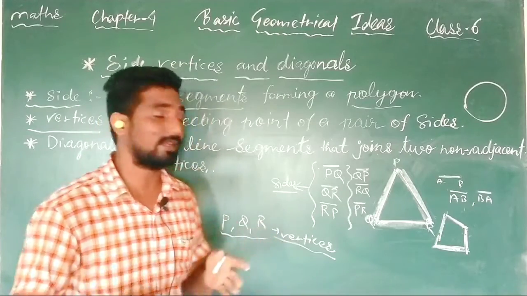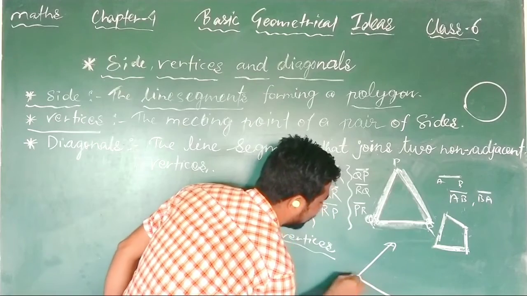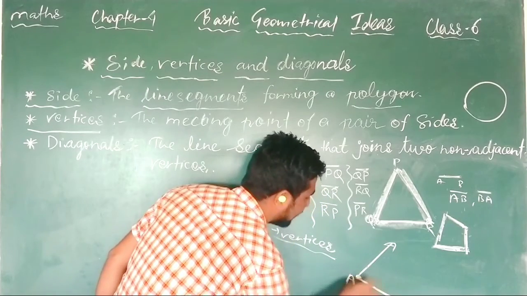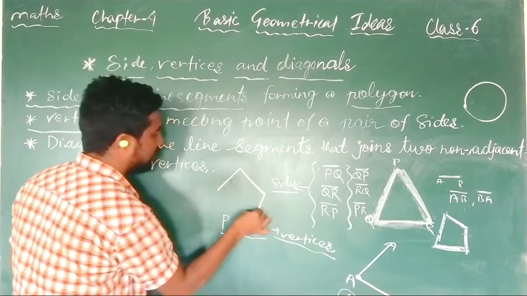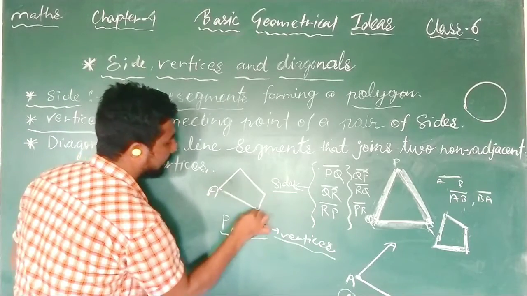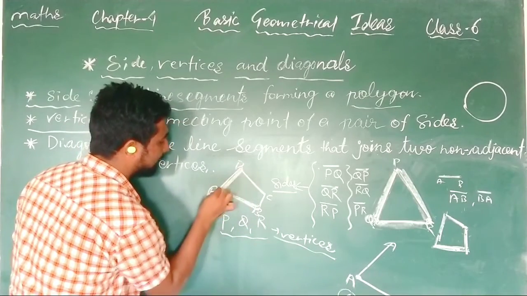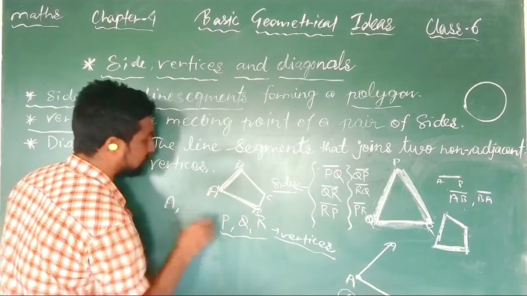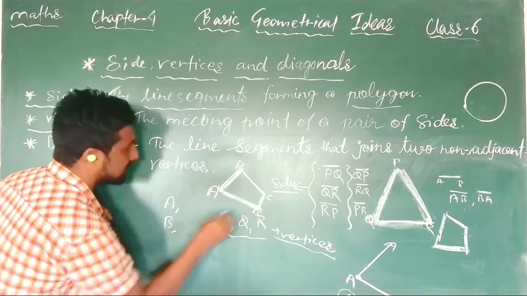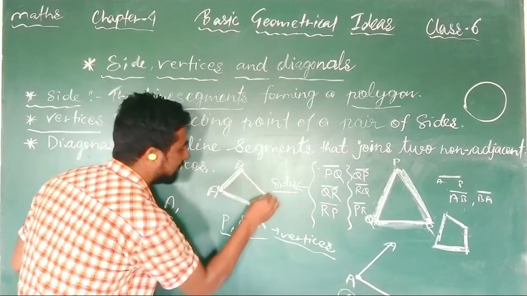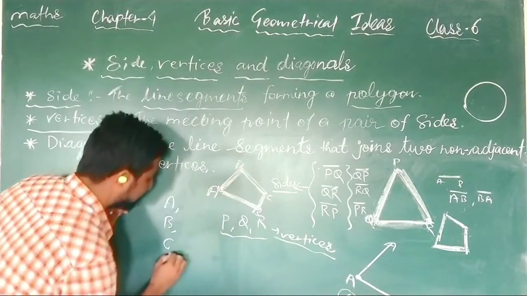If there is an angle, in that angle you see two rays are joining at a point, and this point is called what? Vertex. So for this angle, A is the vertex. If suppose there is a quadrilateral with A, B, C and D, you see AB and AD both are meeting at point A, so A is called a vertex. AB and BC both are meeting at point B, so B is also called a vertex. Just like that BC and CD meet at C, and CD and DA meet at D, and these are also called vertices.